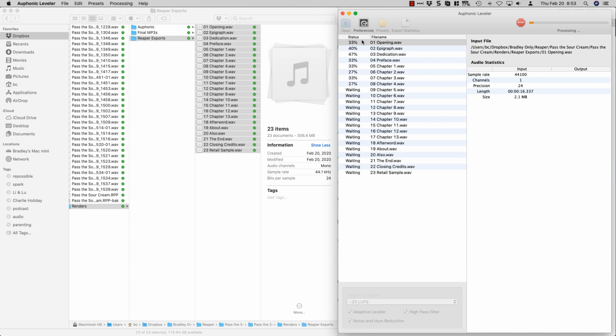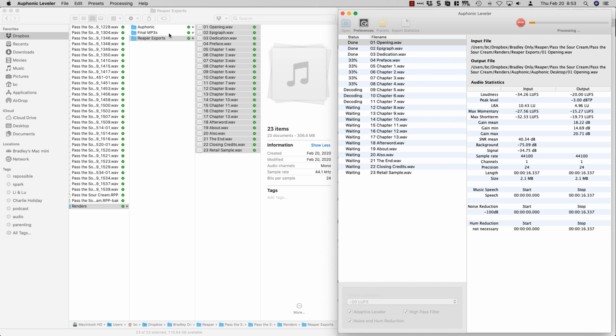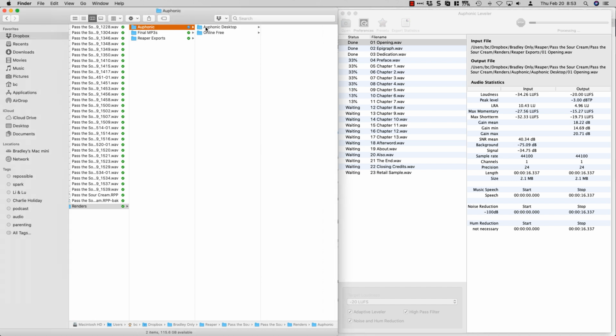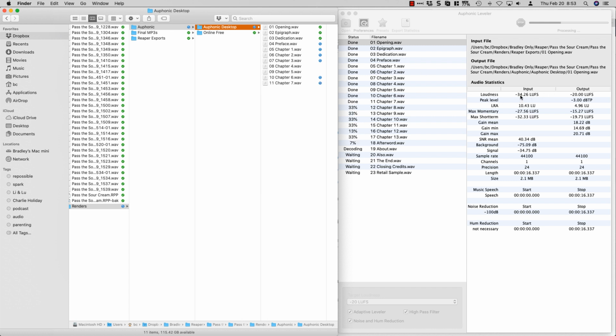And look at that. It's moving along. And if I were to go over here while it's working, I could see, look at that. It's doing its thing. So it's already done with 2, working on 3, right? It's cruising along. And we're done here. We're moving on. And then it even gives you over here, so look at this. Here at opening, the loudness was 34. Well, I'm already not going to pass the ACX test, right?